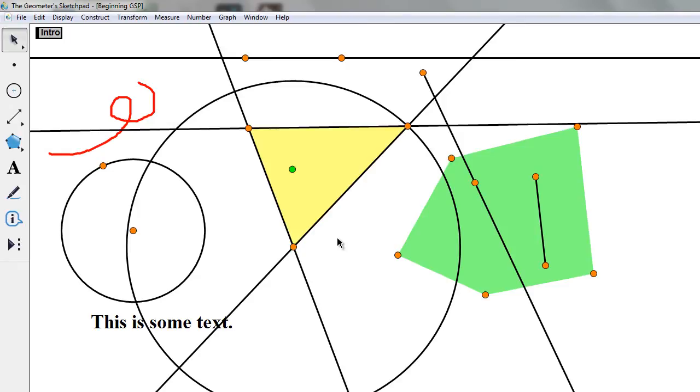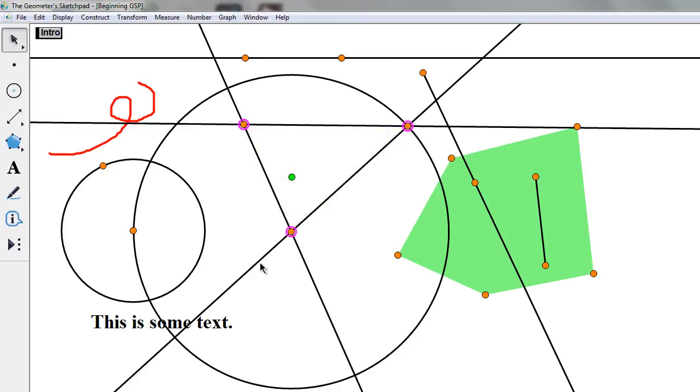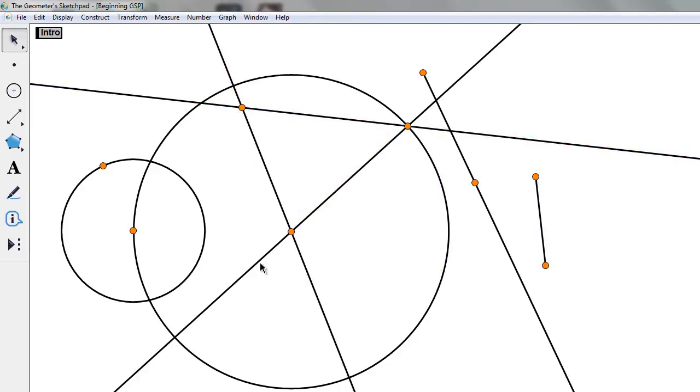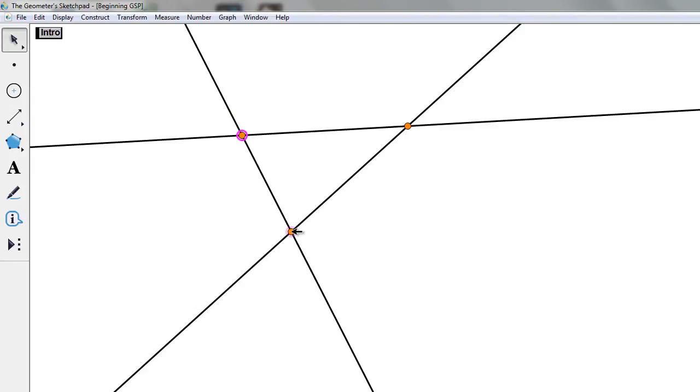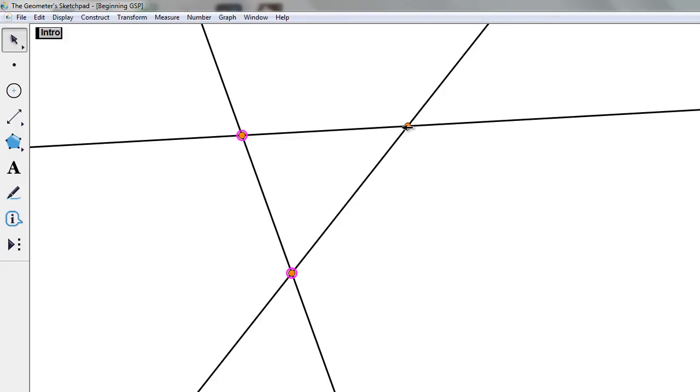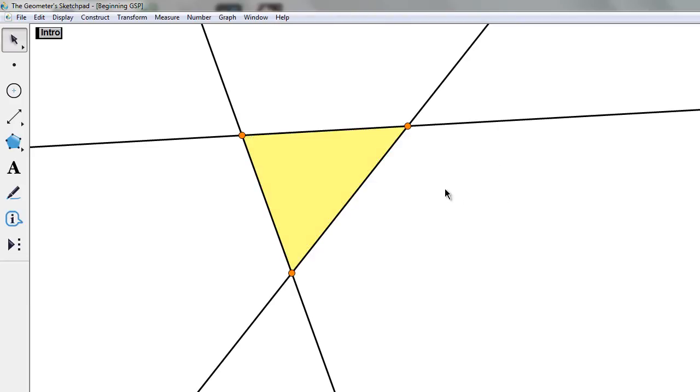So let's have a look to see how we got that custom tool. To do that, I'm going to clear the page a little bit of all the stuff that we've been doing. So the easiest way to do that is to use Control Z. Control Z undoes various constructions, so repeated Control Zs will eliminate the things that we've already done, leaving us with just this starting circle. And maybe we'll keep the interior, so Control P to make interior, and yellow is a little bit easier to see.